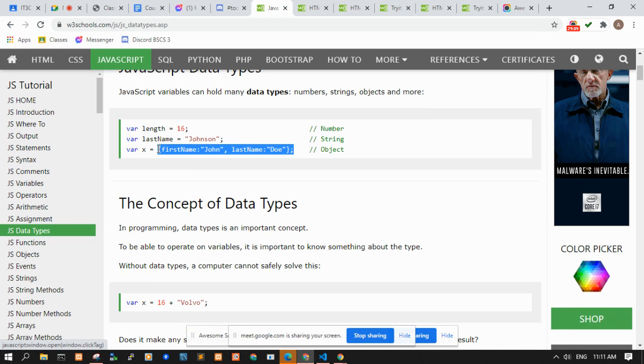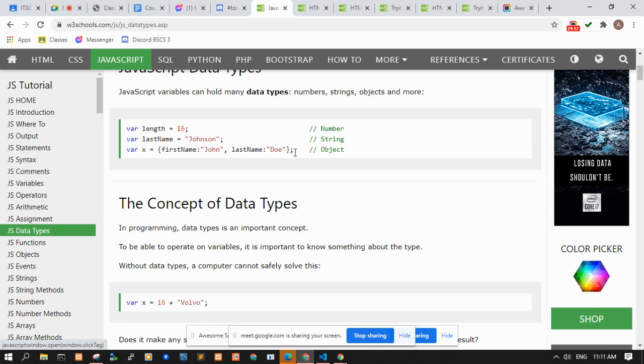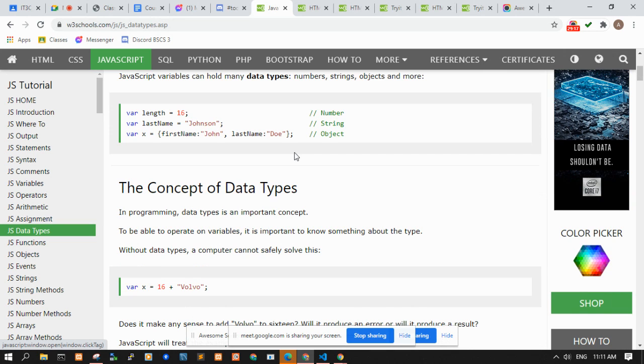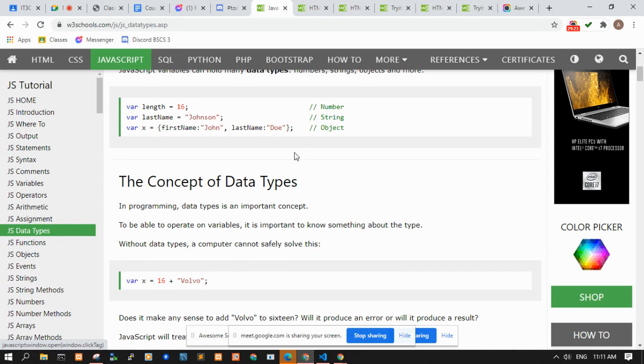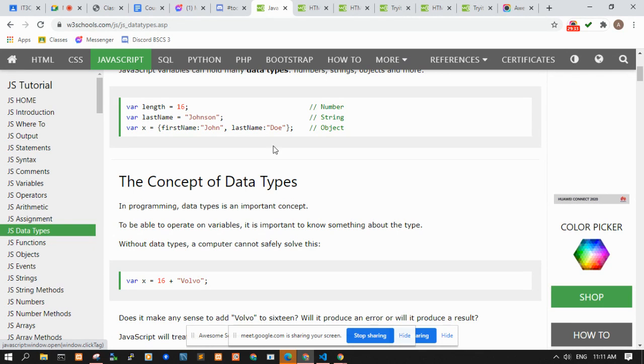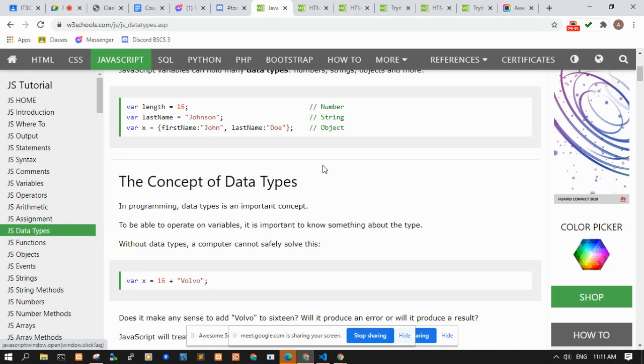Creating an object in JavaScript is as easy as this, unlike creating an object in Java or C Sharp, where you have to define a class first. Here, just surrounding a key value pair with open and closed curly brackets will make it an object.